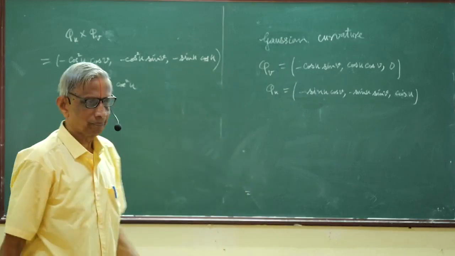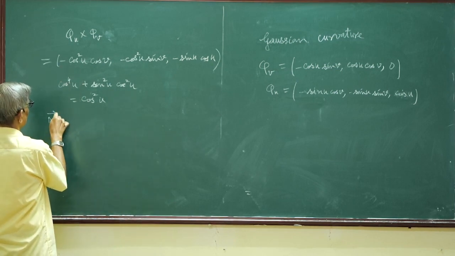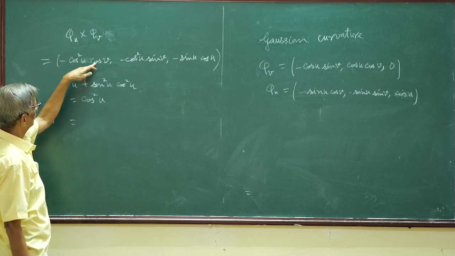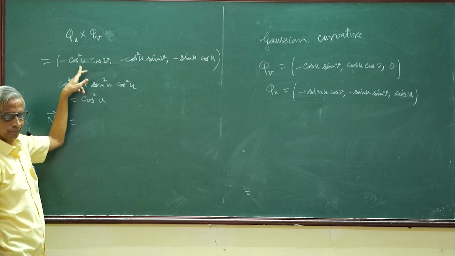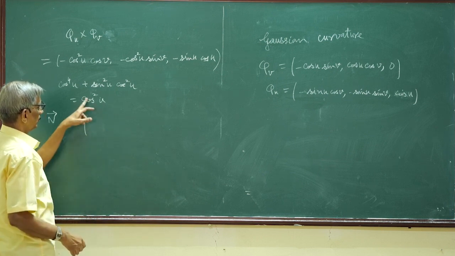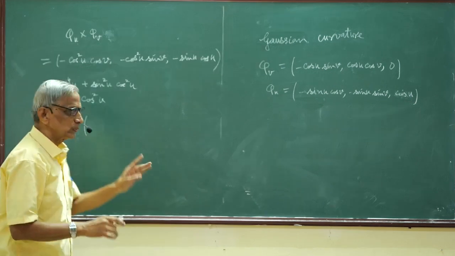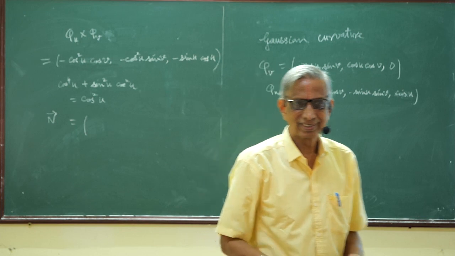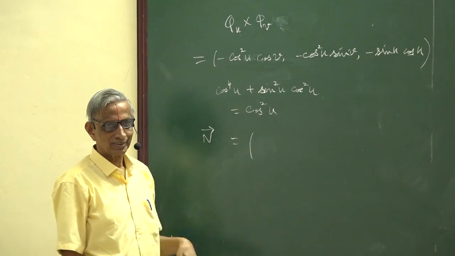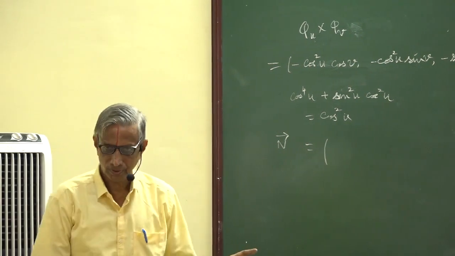So what is n therefore? You have to divide by cos u, assuming that of course cos u is positive. When you take the square root of this, mod cos u is what you have to write. So on the domain where cos u is positive, this is going to be